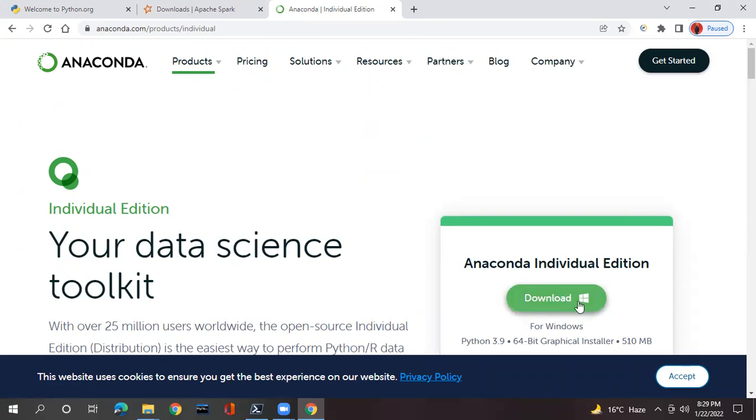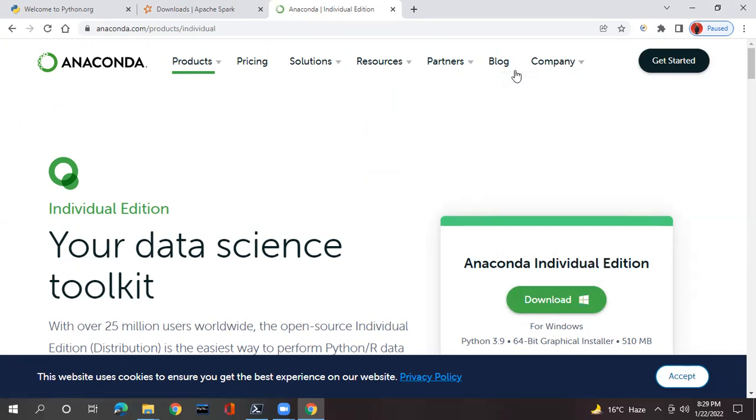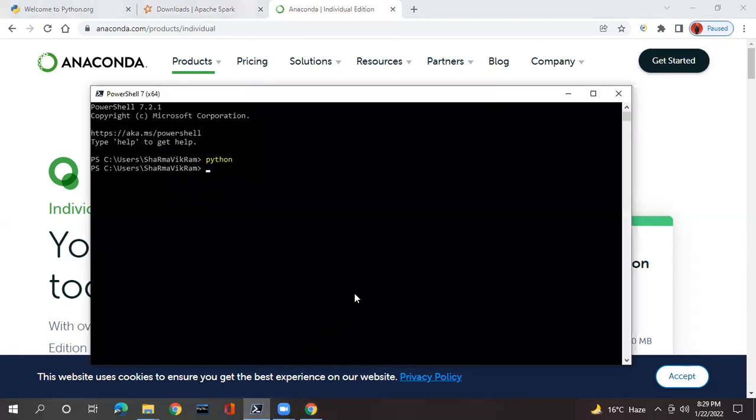You can simply download it for Windows. It will get downloaded, and it is big software, around 500 MB. Yeah, you can see the 510 MB. So while installing, it will take time. So don't panic. Stay tuned to your system to get it all downloaded. So these are the basic softwares which we require to download and start working with Python